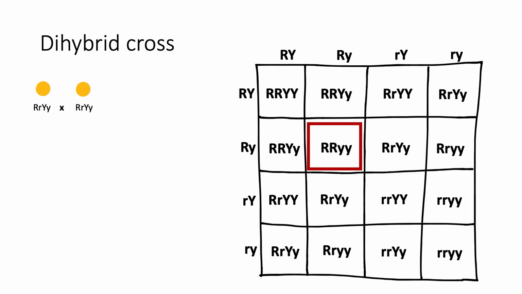I'm not going to go over every single combination, but basically what's important here to remember is the phenotype ratio, which is 9/16 of the peas will be uppercase R, uppercase y, or rather round and yellow. 3/16 will be wrinkly and yellow, and another 3/16 will be round and green, while finally only 1/16 will be green and wrinkly.